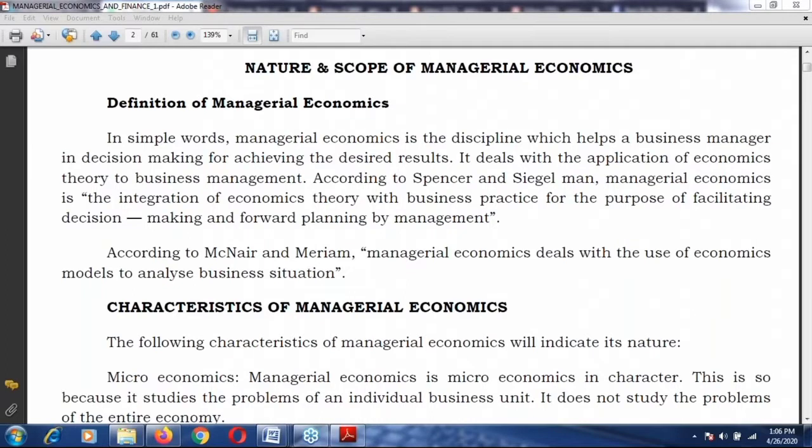Then help in formulating the business policy and help in profit maximization. So, having discussed the objectives of managerial economics, the scope of managerial